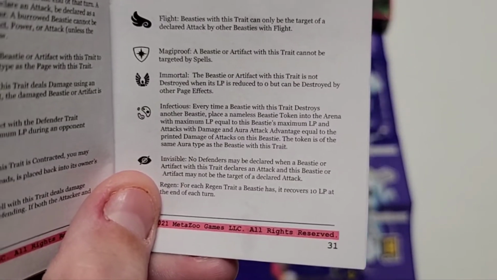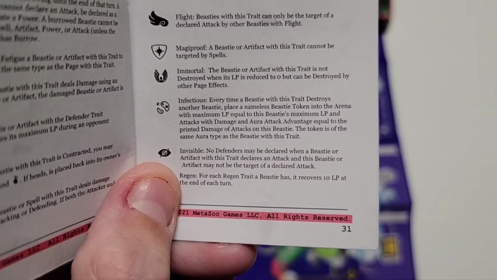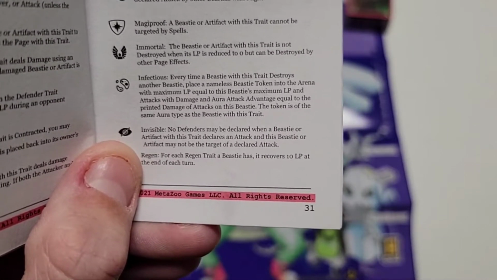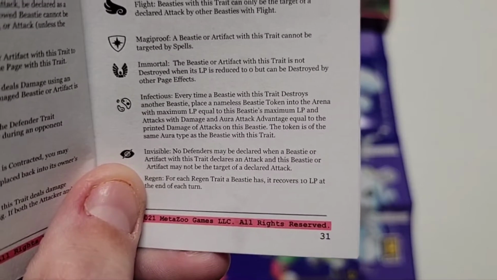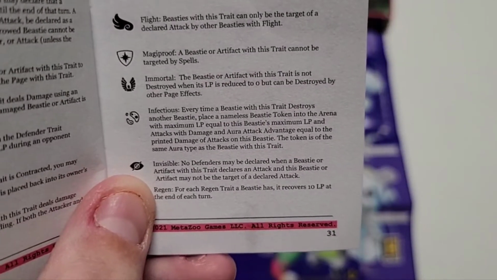Infectious is a real neat one. Every time a beastie with this trait destroys another beastie, place a nameless beastie token into the arena with maximum LP equal to this beastie's maximum LP, and attacks with damage and aura attack advantage equal to the printed damage of attacks on this beastie. The token is of the same aura type as the beastie with this trait. Okay, so that's a lot of text to basically say,